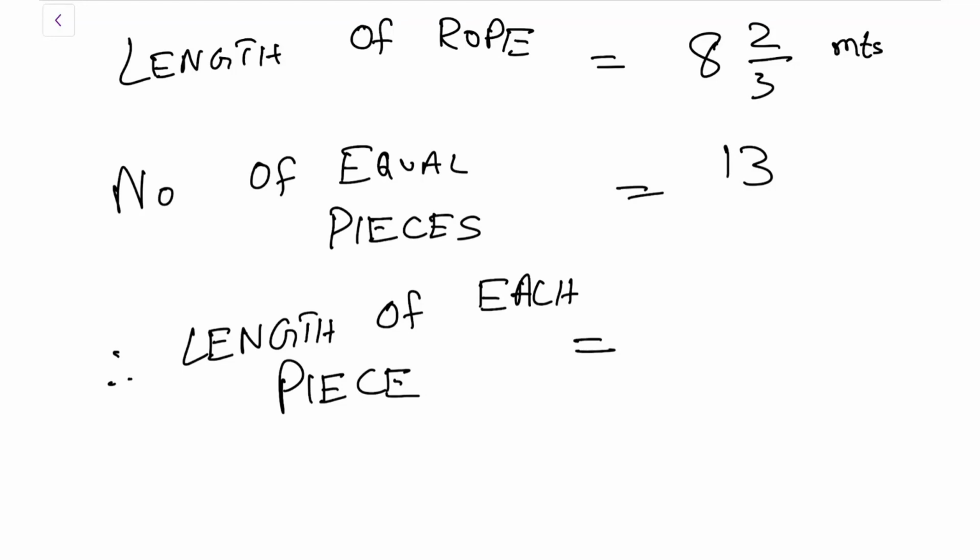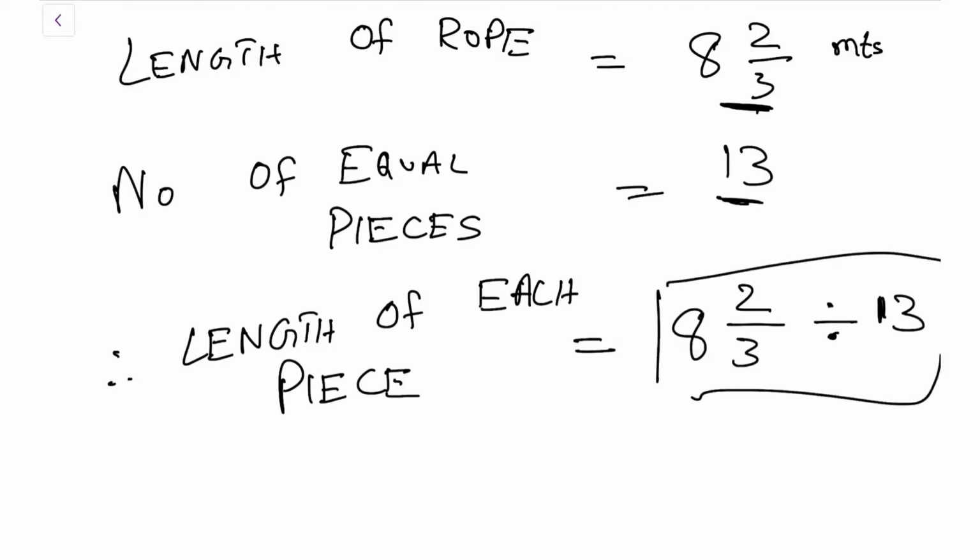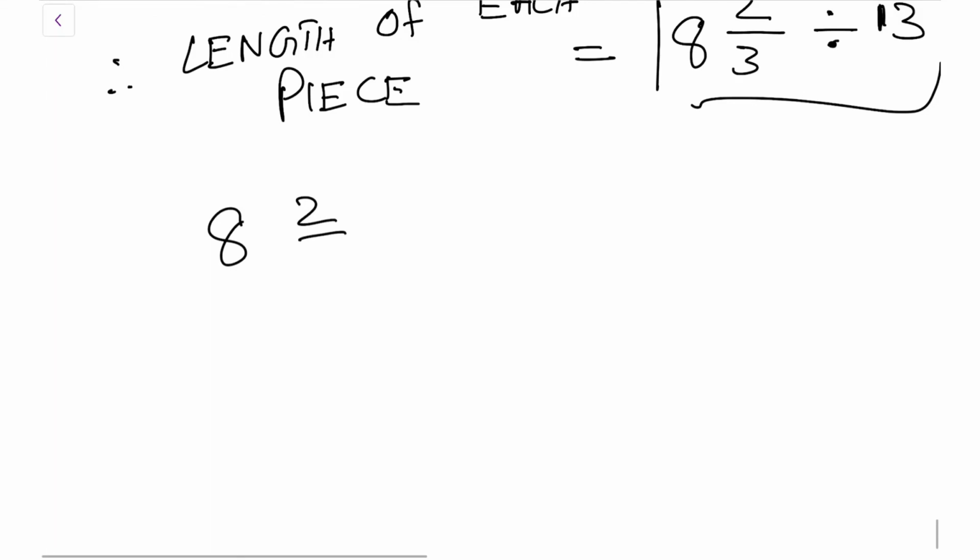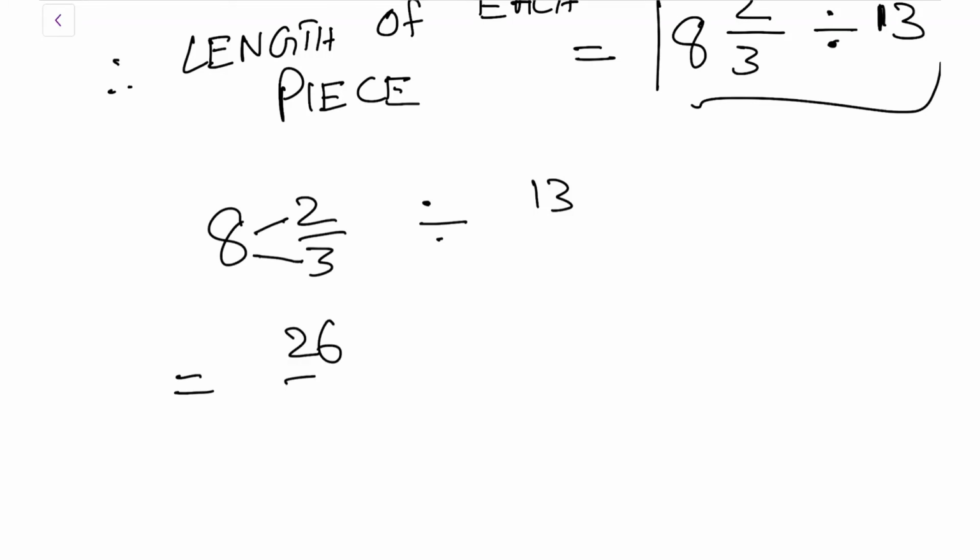So this is again repeated subtraction, that is division. So for 13 pieces they have given the length as something. Now for one piece, that means you need to keep removing, that is repeated subtraction, that will be division. So that is total length 8 2 by 3. From the total length you need to divide the number of equal pieces. 8 2 by 3 divided by 13. Now this is a division problem, and we know how to do that. 8 3s are 24, 24 plus 2 is 26 by 3 divided by 13.